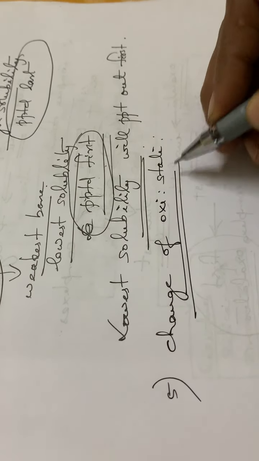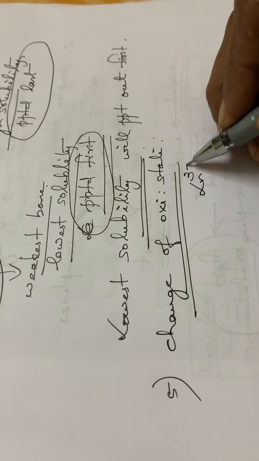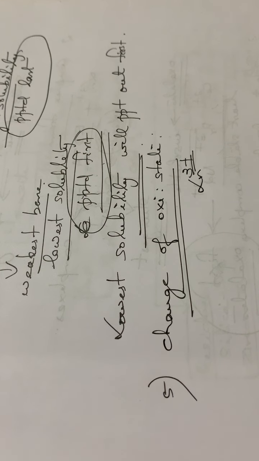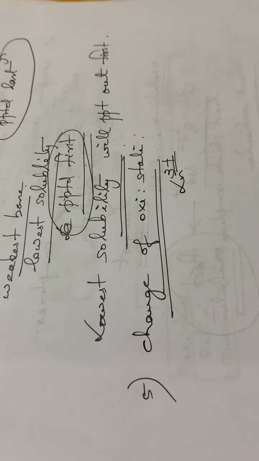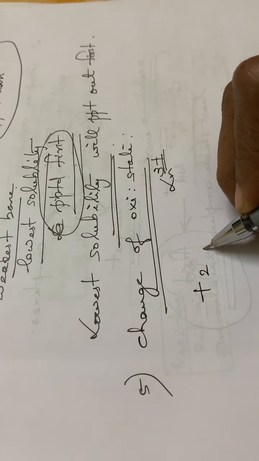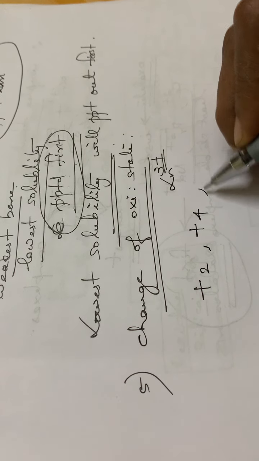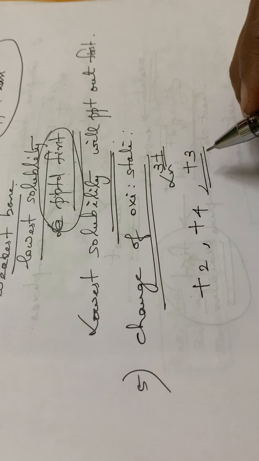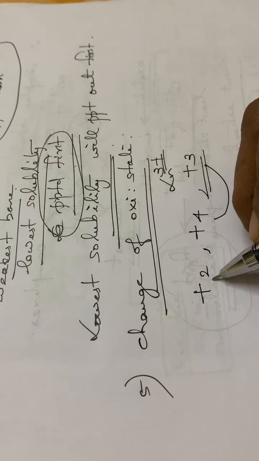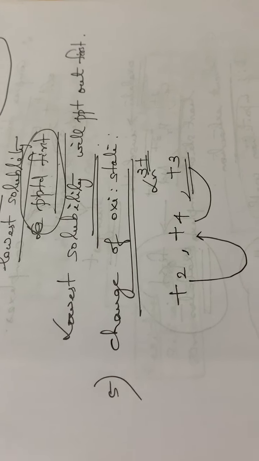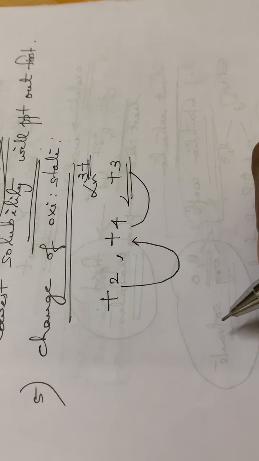See, generally we had seen lanthanum has a +3 oxidation state. By changing the oxidation state, we can separate these ions very easily. That means sometimes an ion has a +2 or +4 oxidation state, along with the +3 oxidation state. Then we can separate the ion by changing the oxidation state, from +2 to +4 or like that. So by changing the oxidation state of ions we can separate them easily.